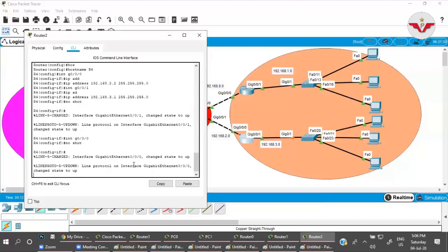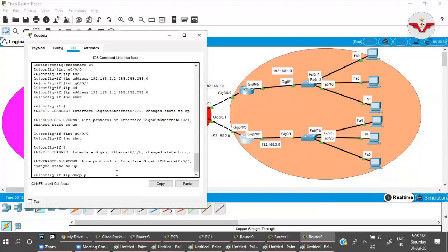No shut. Okay, done. Now I have to configure DHCP over here. IP DHCP pool network 3.